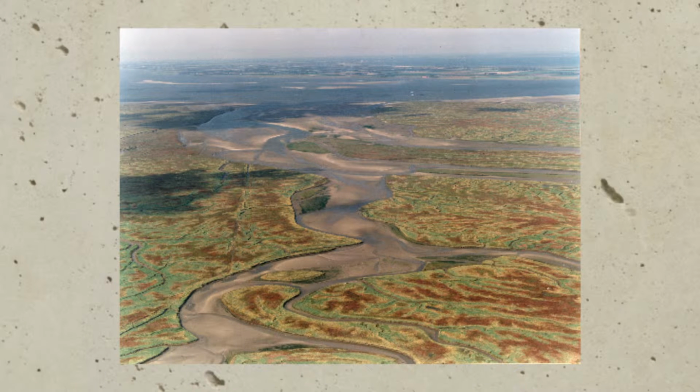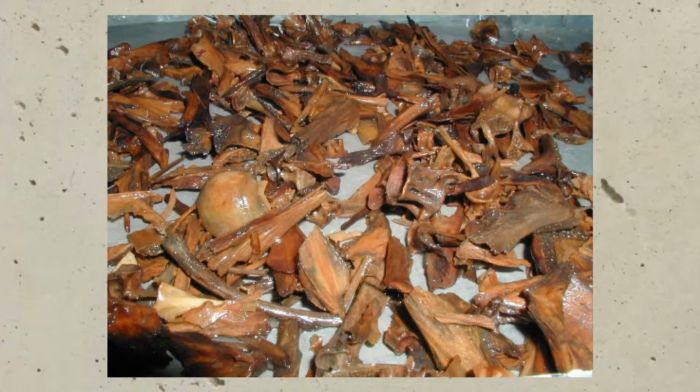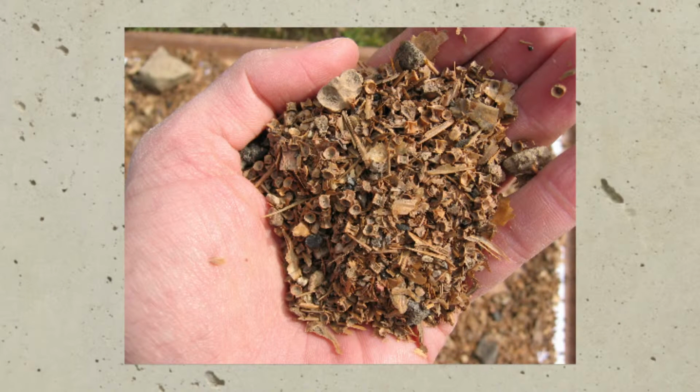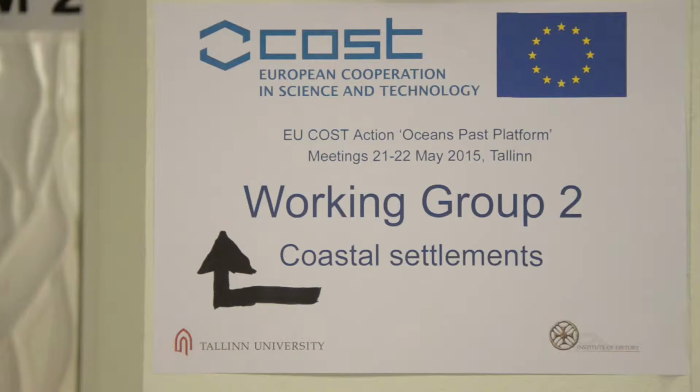The second is to use the actual remains of fishes and sea mammals in those settlements, and also these more distant settlements to which they were ultimately traded and consumed, particularly urban settlements and towns, for instance, in order to look at changes in the scale of consumption, in the nature of consumption, ultimately the fishing pressure that might imply,